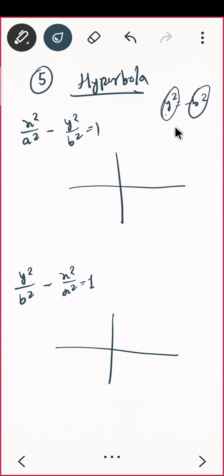When will this be true? When you are having the root of minus b square, that is y is equal to bi, correct? Then only this is true. So in hyperbola,